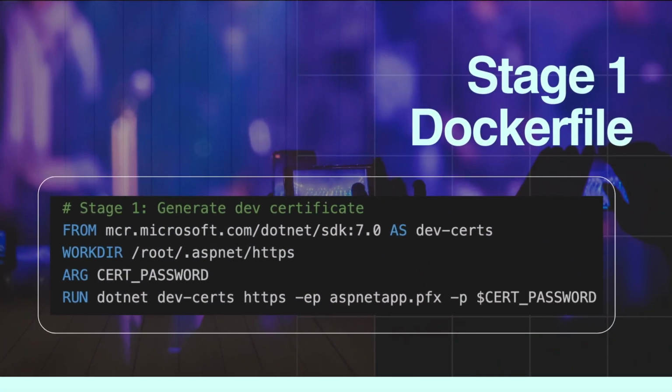This is stage 1 of our Docker file. In this stage, we create a special certificate that helps secure our application. Let's break it down. The FROM statement tells Docker to use a pre-built box, or base image, that has all the tools we need for .NET development. The AS dev-certs part simply gives this stage a meaningful name. Now the next command, WORKDIR. Here we set a working directory, which is like choosing a specific room to do our project. We are saying that let's do all our work in this particular folder called